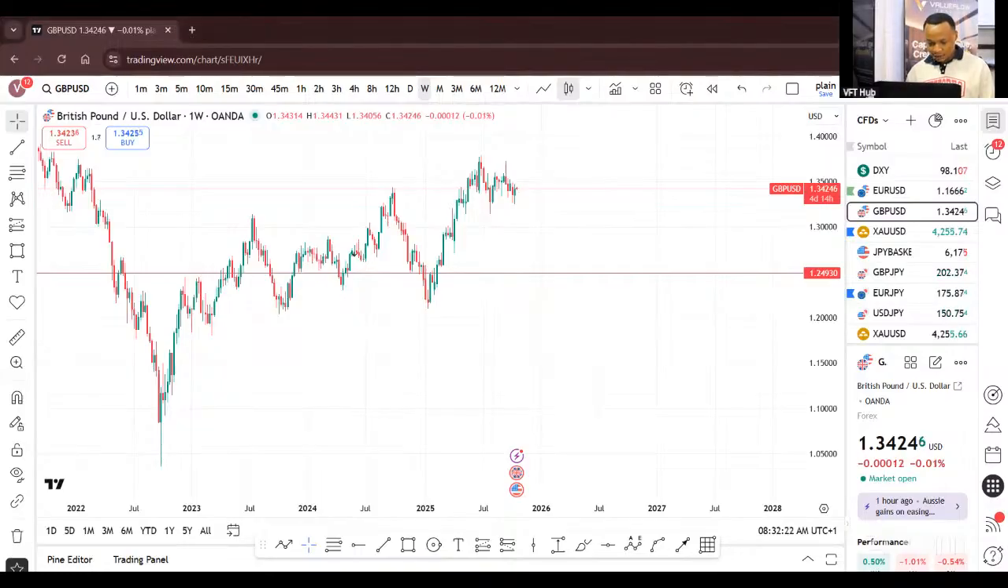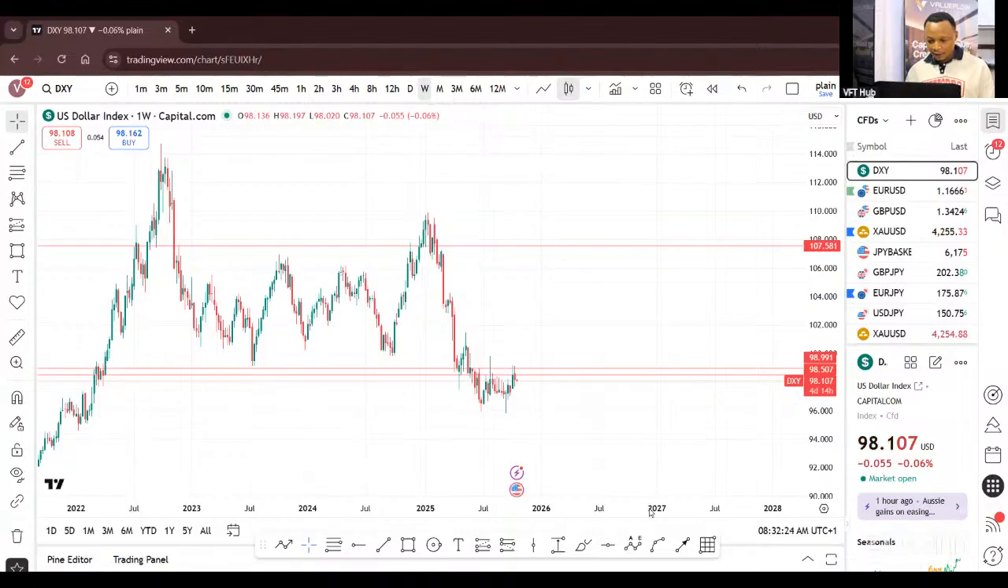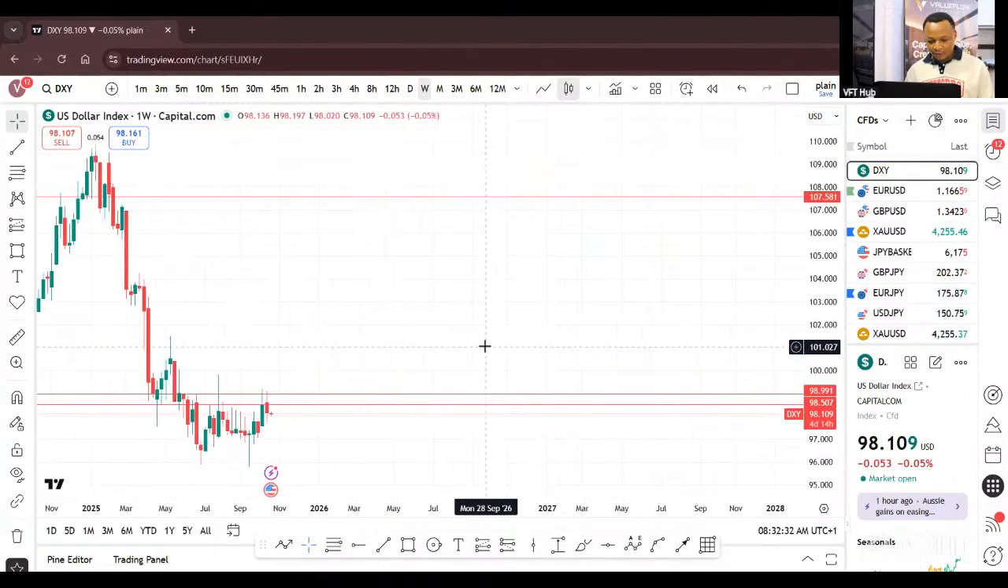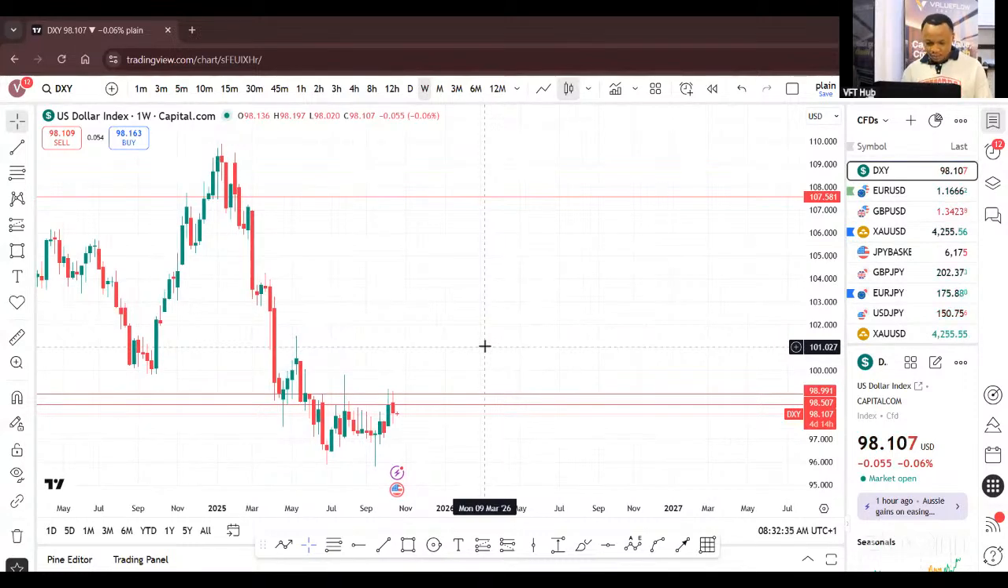Now, let's move our chart over to the dollar index. Looking at the dollar index, a week before last week, it made a very strong move to the upside. And then last week, it made some smaller move to the downside. But overall, you